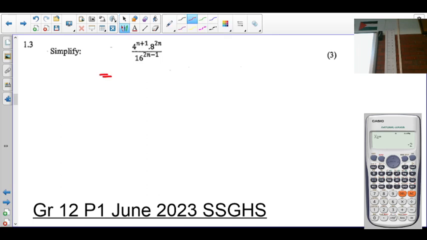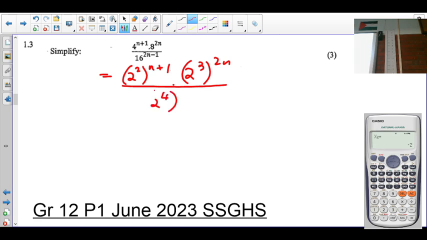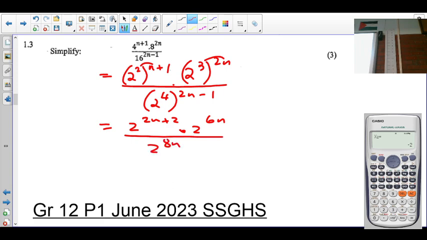So 4 can be written as 2 squared raised to the exponent n plus 1. 8 can be written as 2 cubed raised to the 2n. 16 can be written as 2 to the 4 raised to 2n minus 1. So again we need to get rid of the brackets there. We multiply the exponents. So it's 2 to the 2n plus 2 times 2 to the 6n over 2 to the 8n minus 4, which